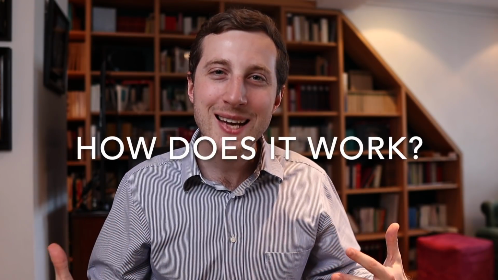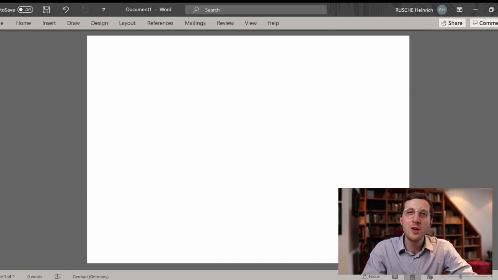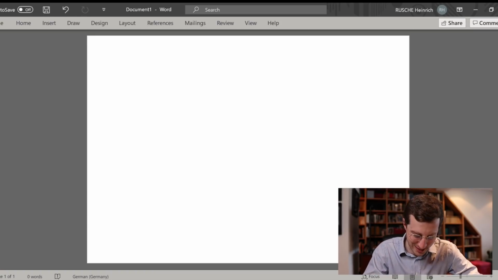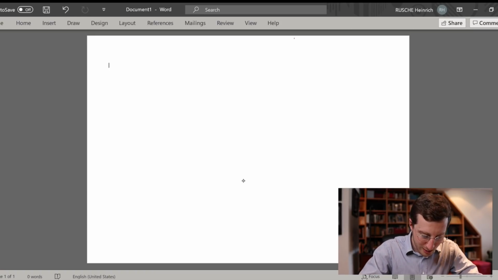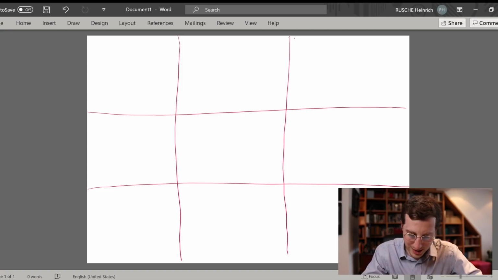So how exactly does it work? How do you create such a Mickey Mouse Master or such a Strawman? So in order to show you now, I have my computer here in front of me. Usually you will rather do it on a piece of paper, but just for recording purposes this is a bit easier. And you will always start by creating a basic grid on your paper, just resembling the slides. And now of course the idea is that each of these squares resembles an individual page later in the presentation.